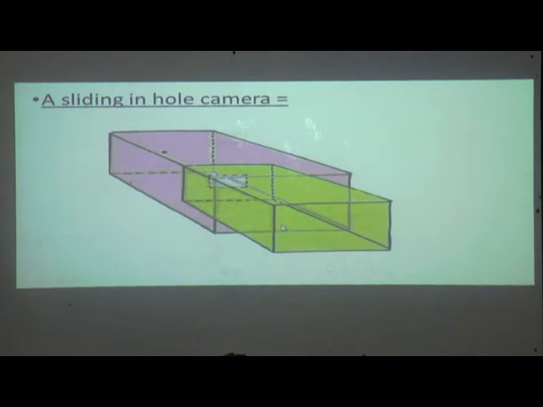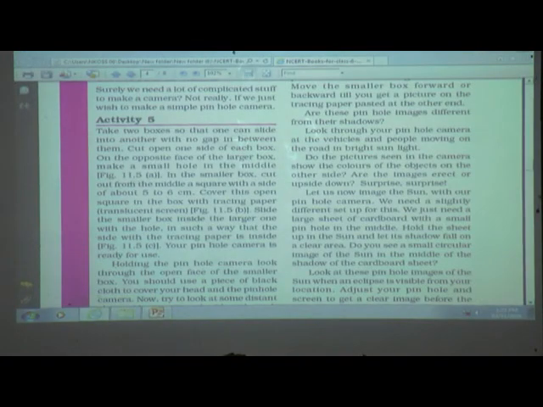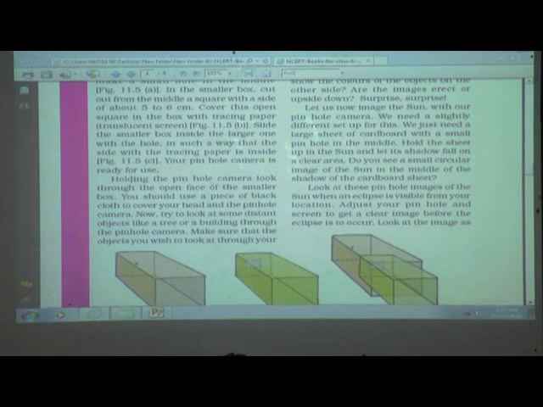Let us now image the sun with our pinhole camera. You need a slightly different setup for this. Here we need a different setup for this.